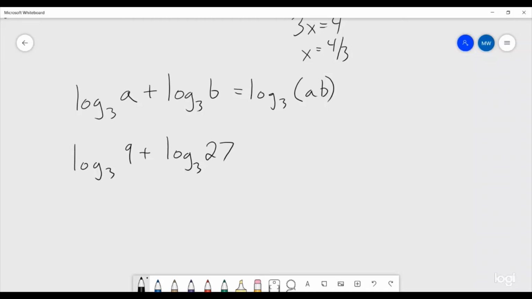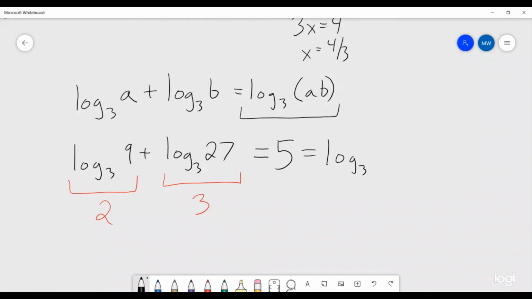Well, log base 3 of 9, that is just 2, because 3 squared is 9, and log base 3 of 27, that's 3, because 3 to the 3 is 27. Well, at this point what we might say is, well, this tells us it should be 5, but this rule that we have here says this should also be log base 3 of 9 times 27,